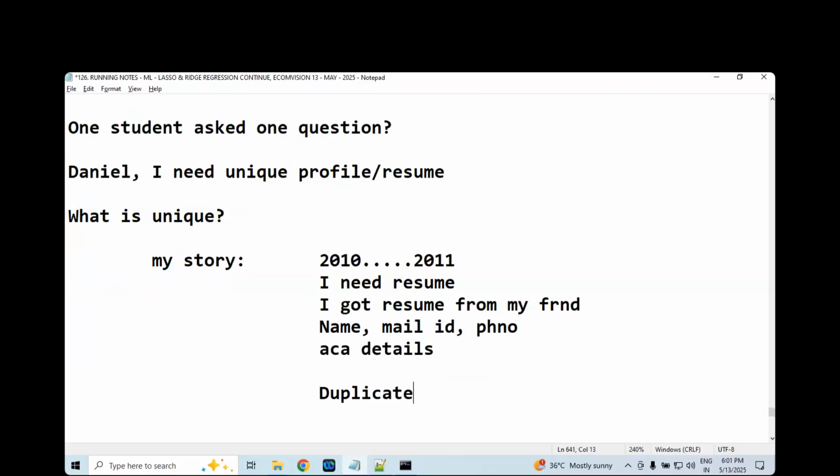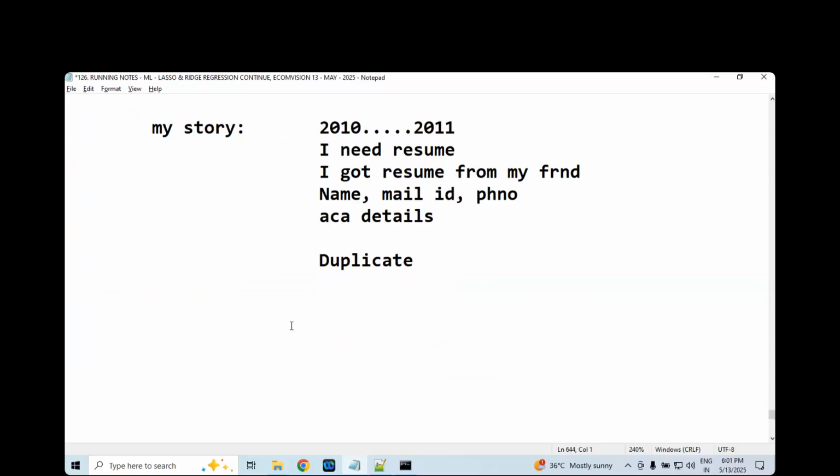Apart from that, I didn't change anything. Same project, same discussion, same role, same everything actually. Frankly speaking, this is not a good decision. It's not fair, actually. Why? Because in those days I didn't know how to prepare my resume. But today, let me tell you, do you want a unique profile? I'm sure this kind of explanation you have never heard anywhere else.